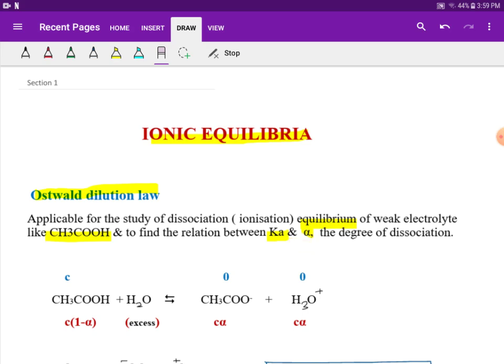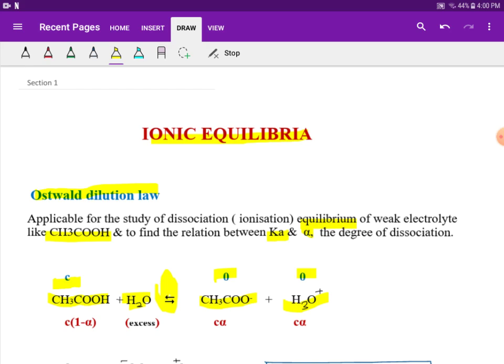Let us consider the case of a weak acid like acetic acid as a typical example. We have C moles per liter of acetic acid in the aqueous system, so that before equilibrium we have 0 concentration of acetate ion and 0 concentration of H3O plus ion. At equilibrium, after dissociation,